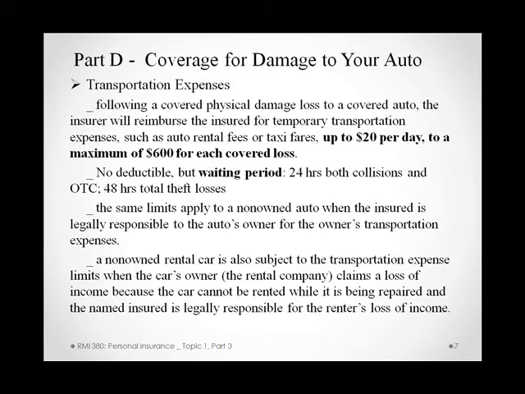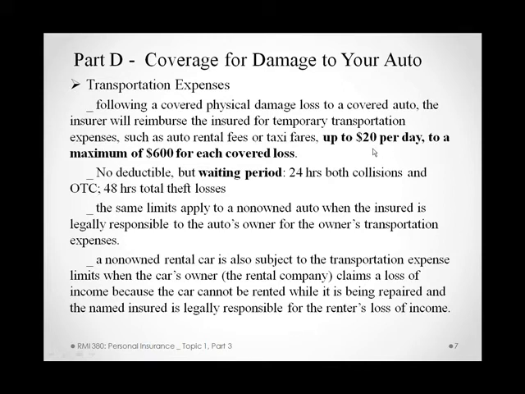How much would be paid? Up to $20 per day, or to a maximum of $600 for each covered loss. For this kind of payment, there's no monetary deductible. However, there is a time deductible, which we call a waiting period. So for example, if your car is being repaired for 7 days, the first 24 hours will not be covered if it is a result of a collision. And therefore, the insurance company only pays for 6 days,